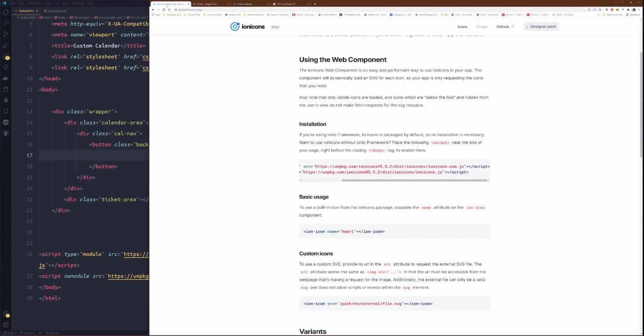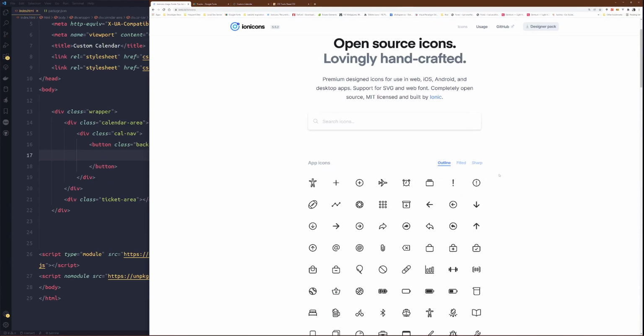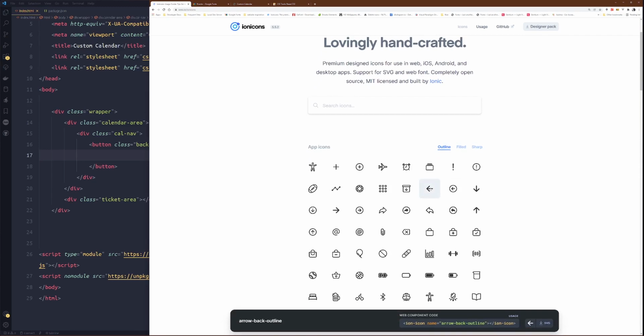Then we need that arrow. So coming back to our ion icons now, we'll use them. If I choose the filled style, any icon will change to filled. So we'll just pick the one for the filled. Why? Because arrow back outline, the word is just too long.